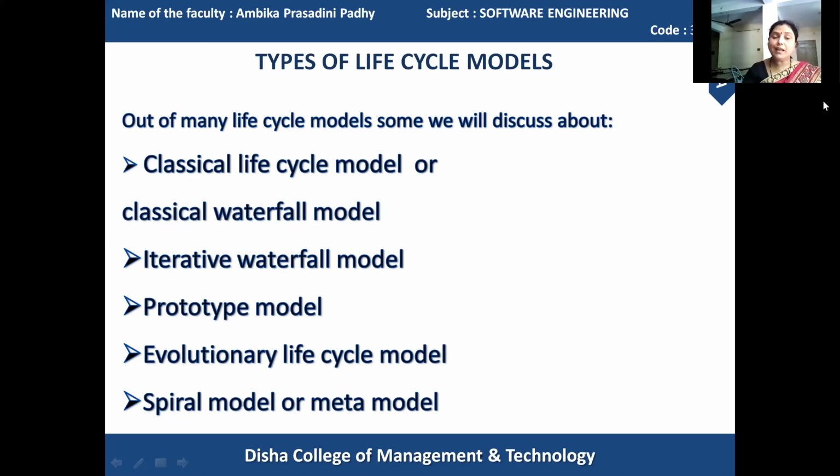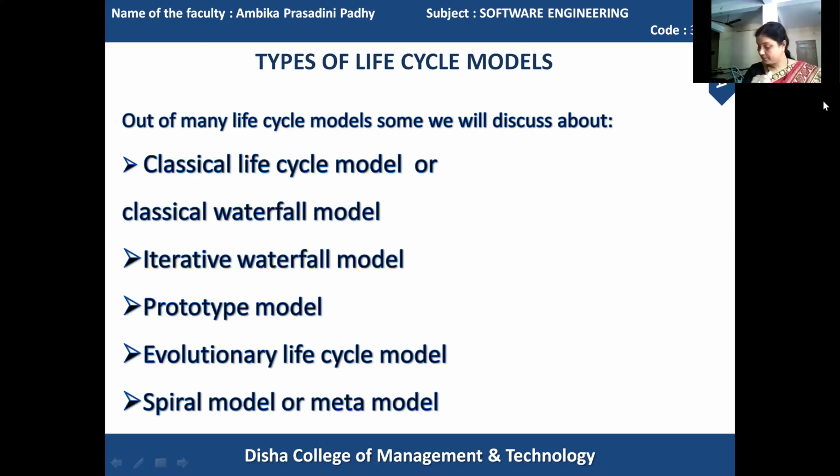The prototype model prepares a rough idea, a raw model of the product being developed, and the prototype is checked to see whether it is suitable for the product or not. If it is identified that it is not beneficial, then its requirements are refined and the prototype is rebuilt and rechecked by the customer and by the developer, to see whether it is going to solve the customer's needs or not.